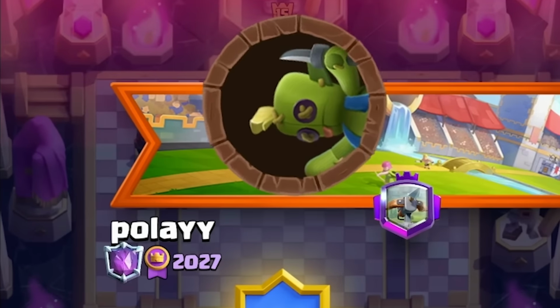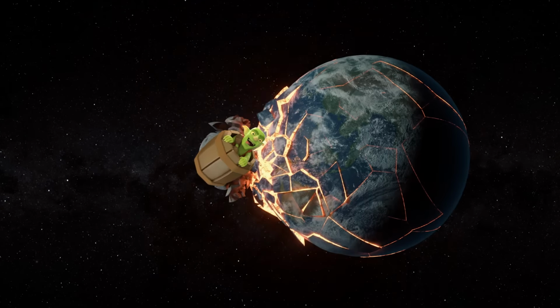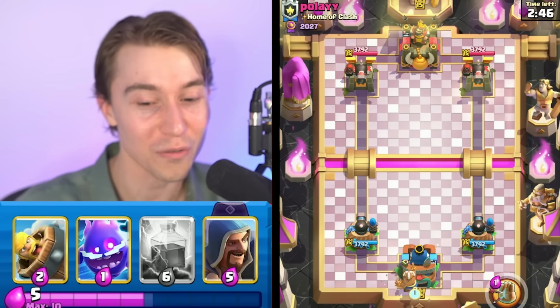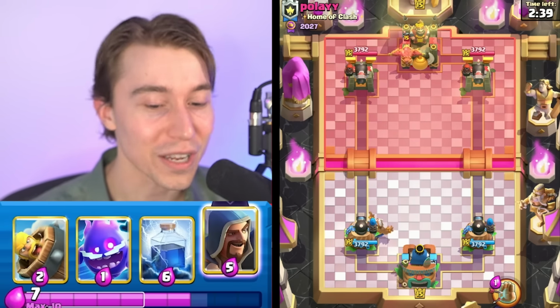Yo, this guy's got the evolved Goblin Barrel in the banner, and he's also running Cannoneer. So if you had evolved Goblin Barrel, that would be a recipe for disaster for either of us. I don't think that you would really want to summon that in any situation when you have Cannoneer. Because the fake barrel, yeah, it gets one shot just like the regular barrel, but I mean, your Cannoneer just